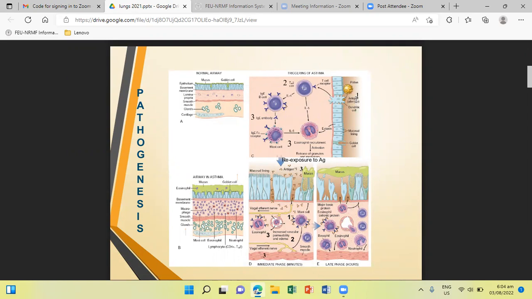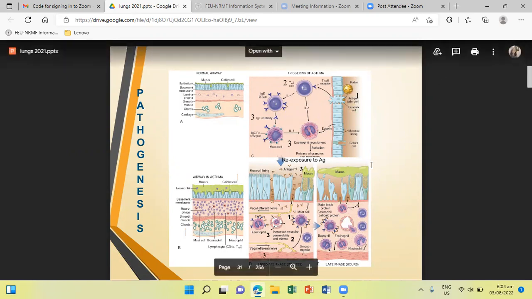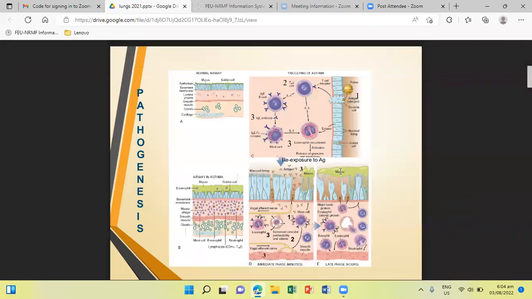The asthmatic airway, as you can see, is marked by accumulation of mucus in the bronchial lumen, secondary to an increased number of mucin-secreting goblet cells and hypertrophy of the submucosal glands. Inflammatory infiltrates due to recruitment of eosinophils and macrophages are also expected. The basement membrane is expected to be thickened, and there is hypertrophy and hyperplasia of the smooth muscle cells.